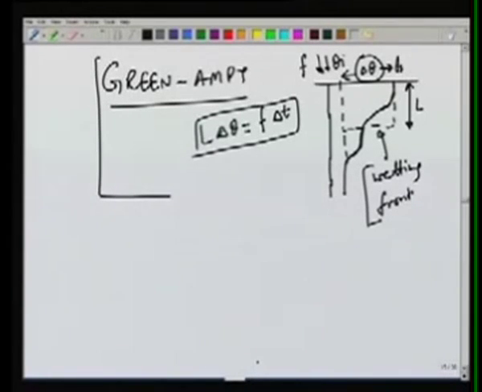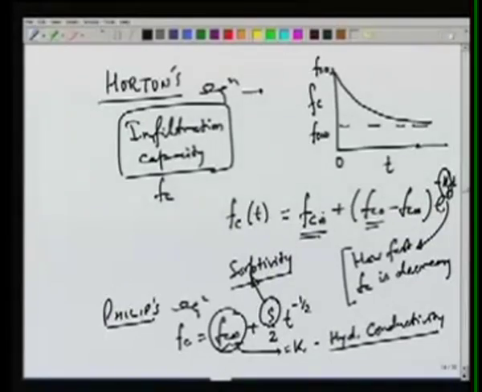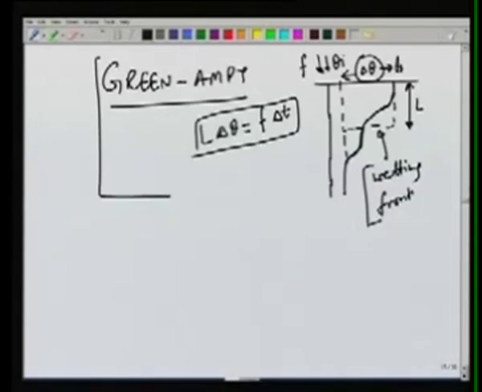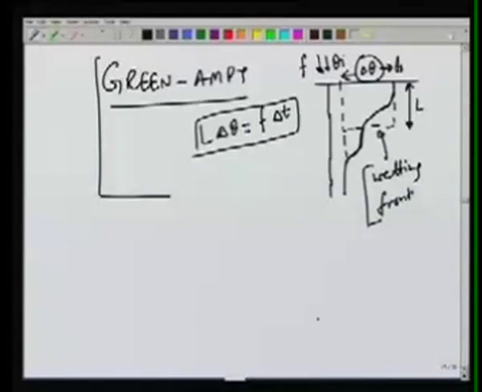The only problem is that the parameters are difficult to estimate. For example, in Horton's we need to estimate 1, 2 and 3. So these 3 parameters need to be estimated. Similarly, in Phillips also sorptivity and hydraulic conductivity have to be estimated, and estimation of these may not be very easy. So a number of times some simplifying assumptions have been made. One of the assumptions